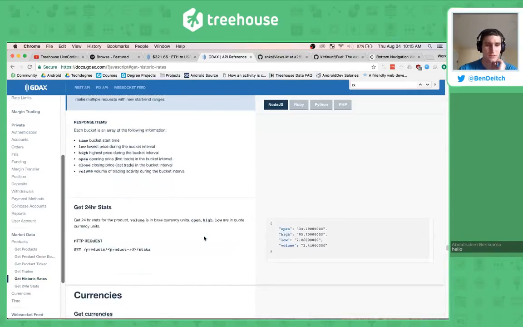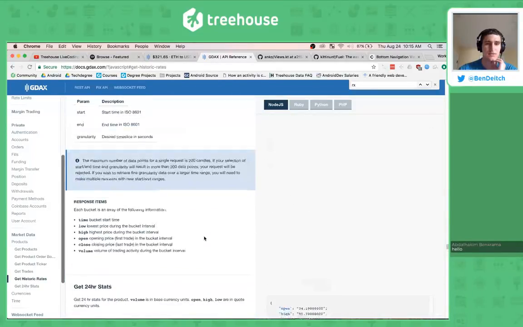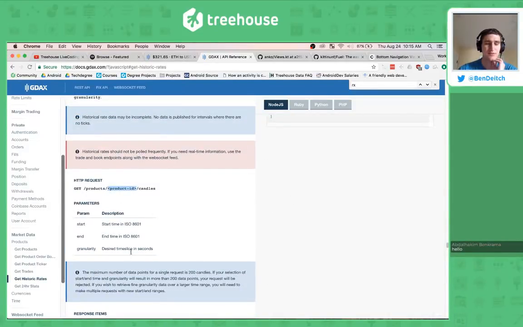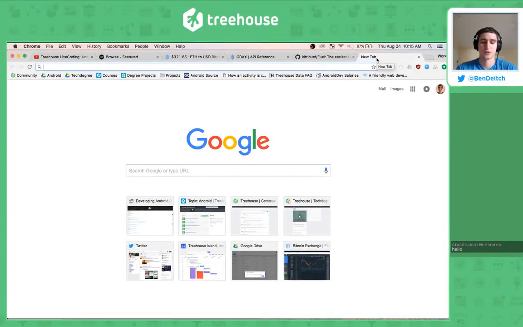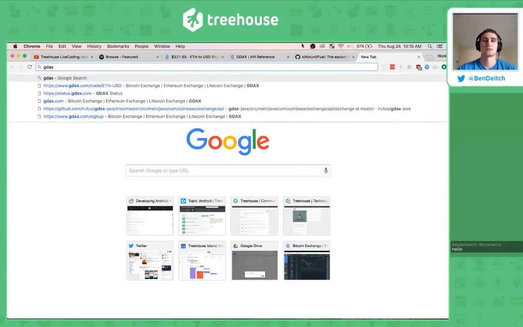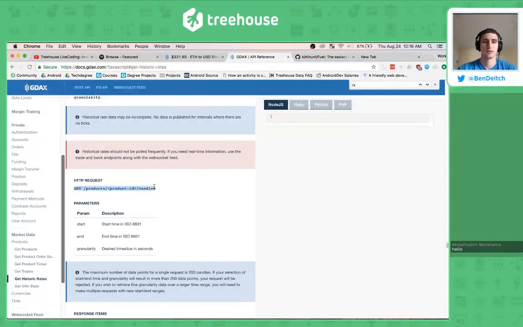All right, it'd be nice if we could just have an example of this. That would be a little easier to see. So let's try and find that. Close that for now. We don't need bottom navigation view open anymore. And so let's go for GDAX,